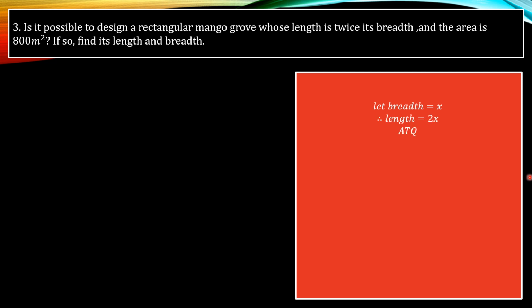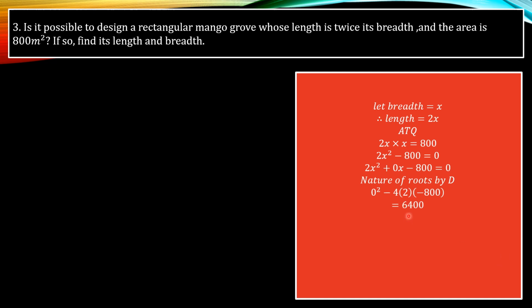And area will be length into breadth, that is 800. On solving, we get 2x square minus 800 is equal to 0. Further, writing it in the form of a standard quadratic equation. Now see here, b is 0, c is 800. Further, if we want to find the nature of the roots by D, then D comes out to be this,